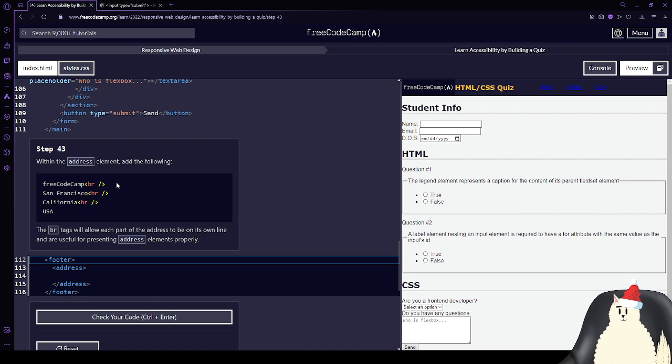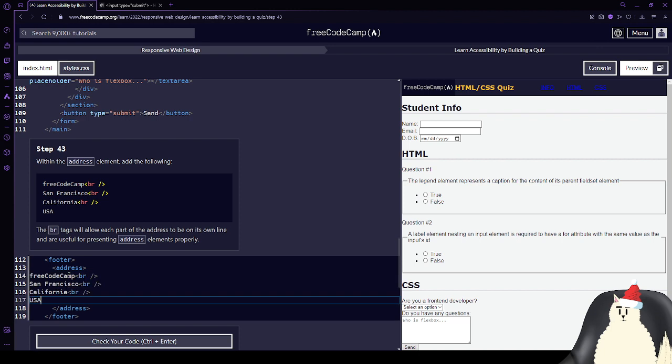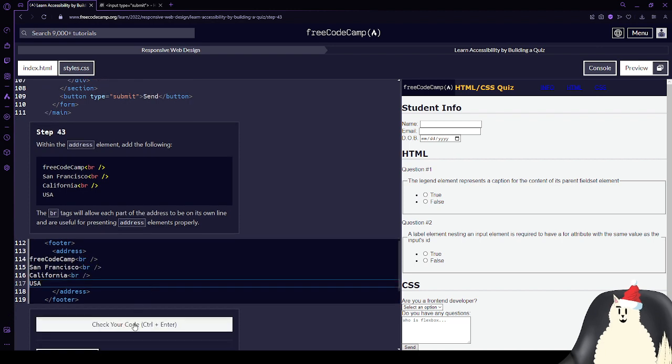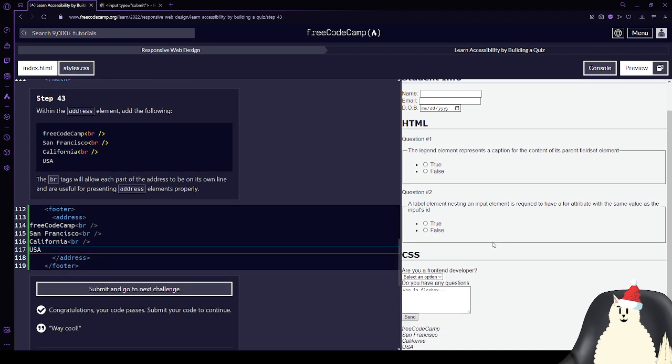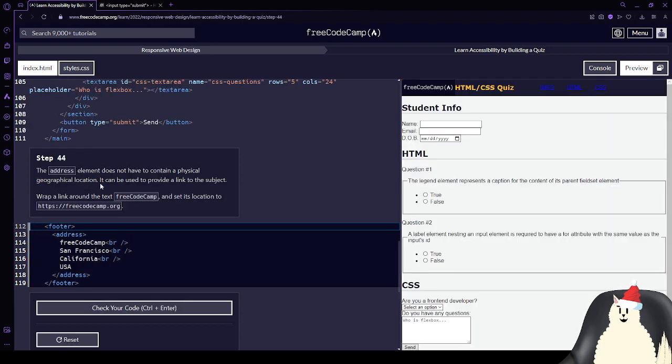It does not have to contain a physical geographical location. It can be a link to the subject. Wrap a link around the text freeCodeCamp and set its location to